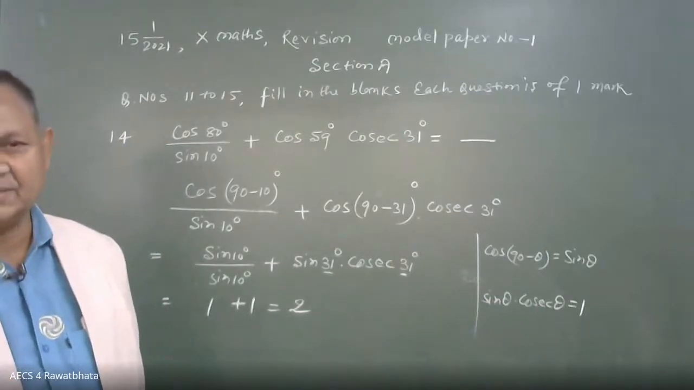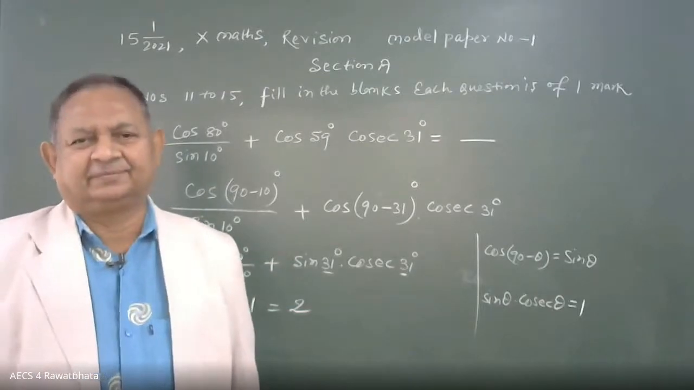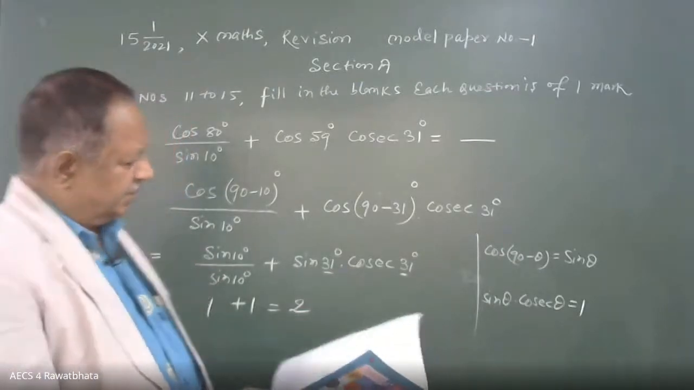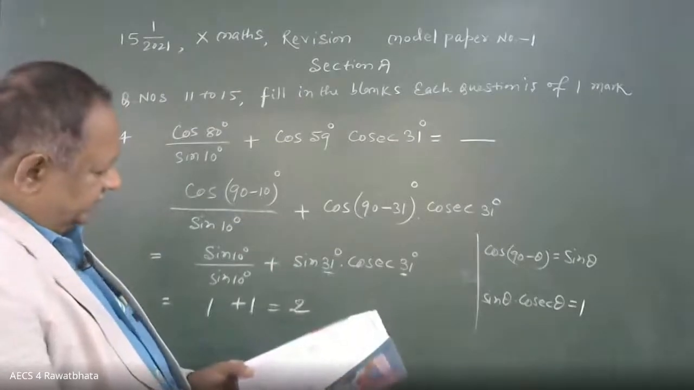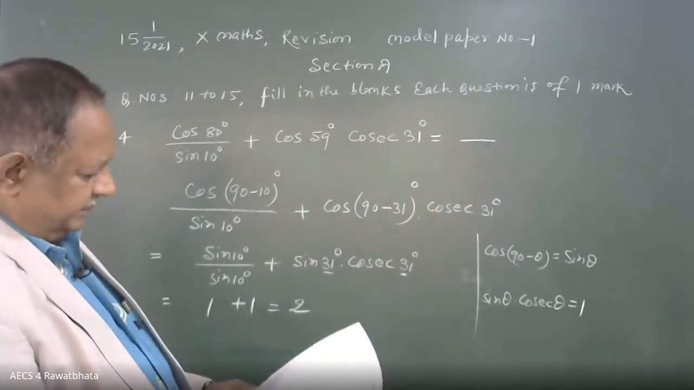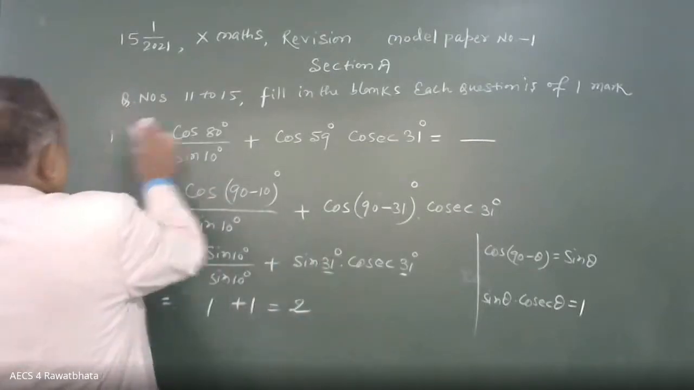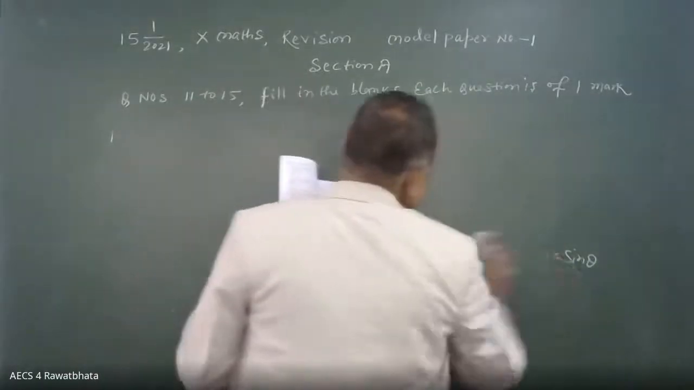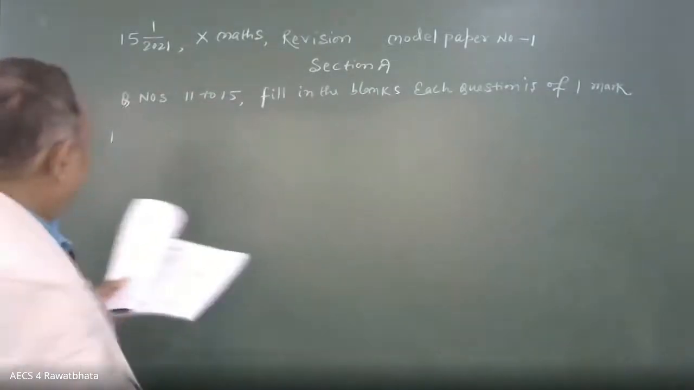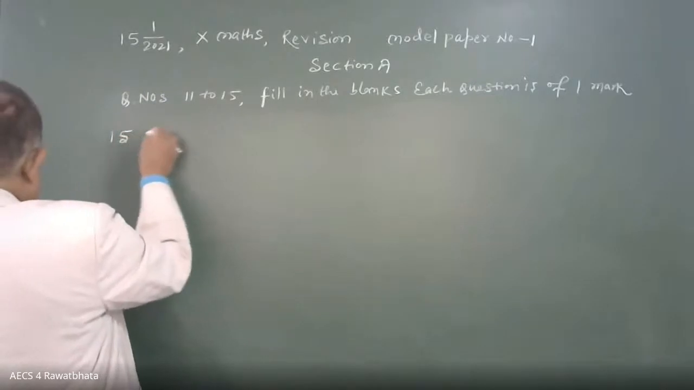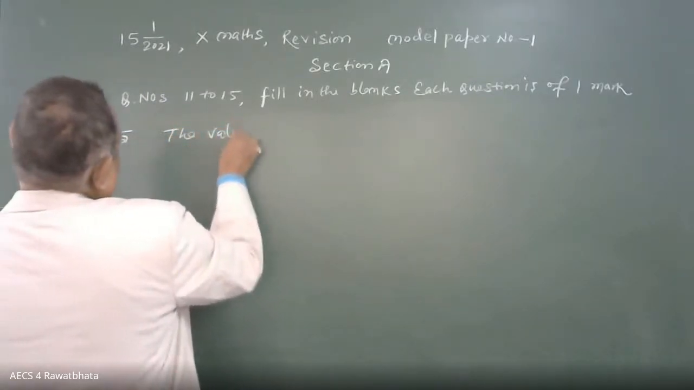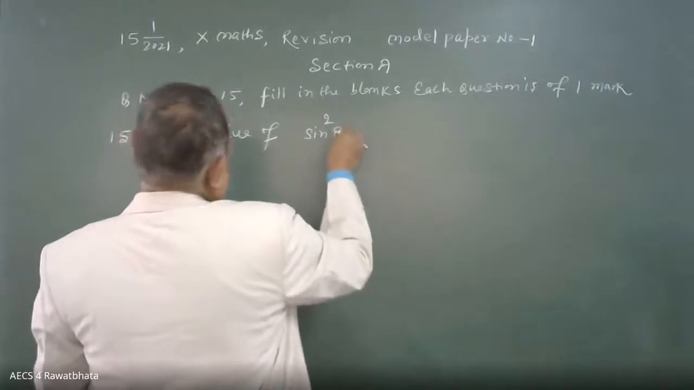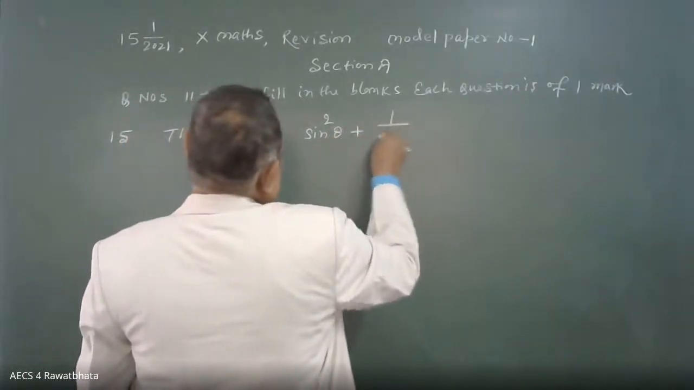Next question, question number 15. The value of sin square theta plus 1 upon 1 plus tan square theta is equal to,